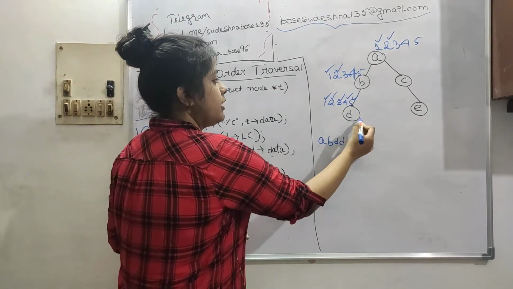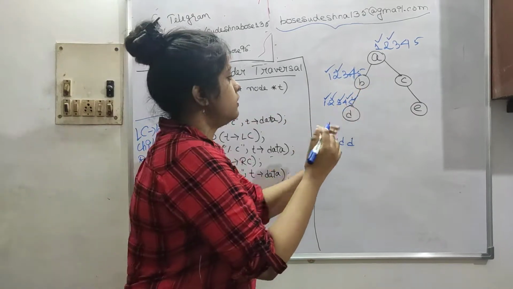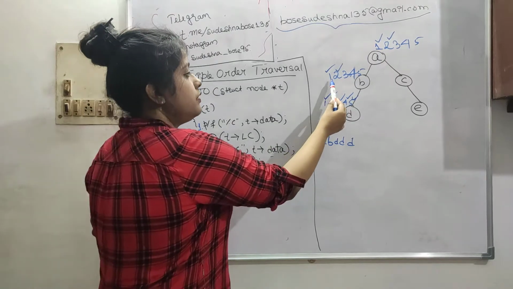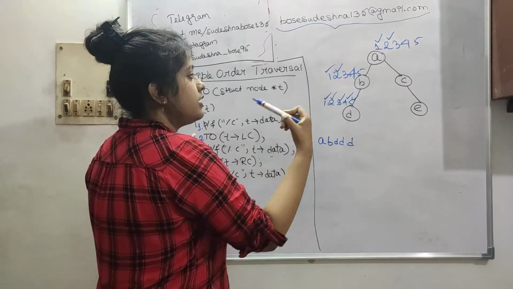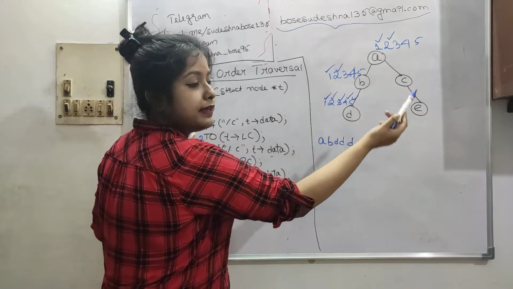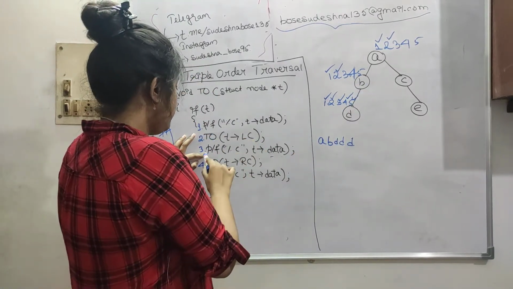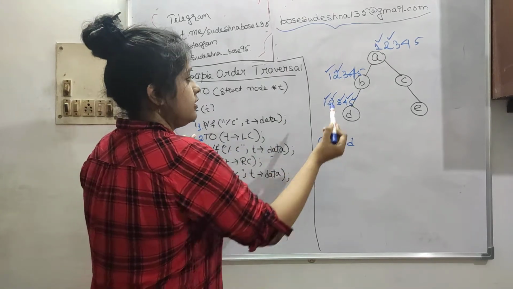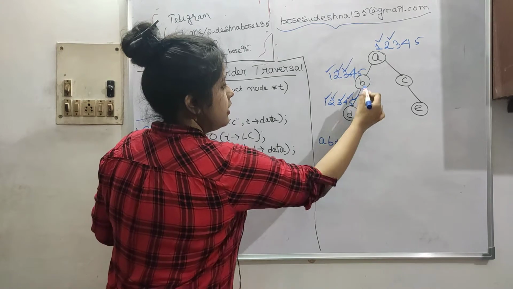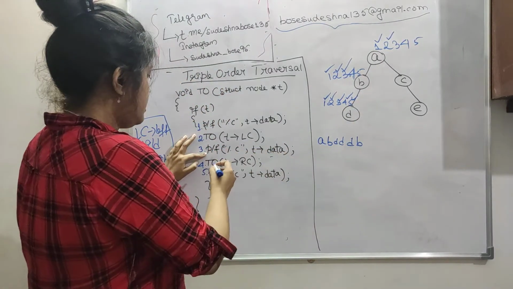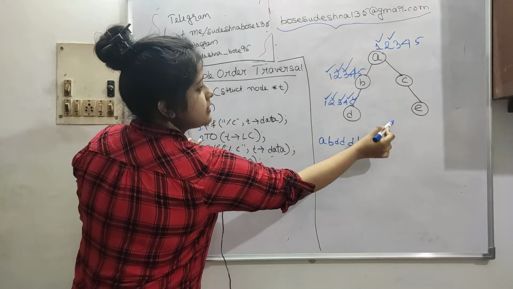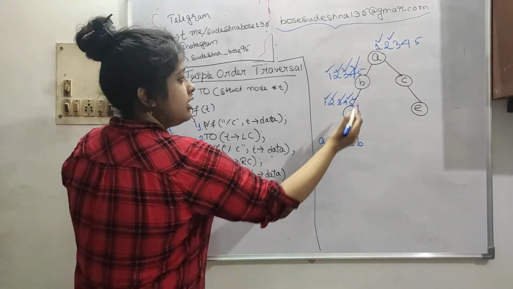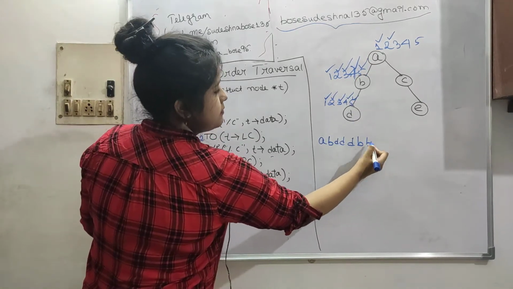Okay, so we go back to the function from which it was called. Number 3, you can see here, because we are numbering our lines, we can keep track easily of where we will begin our next statements. So number 3, we have done till 2, now number 3 is printf T arrow data. So put a tick here and write B. Now again T arrow right child, it has nothing, just put a tick here and do number 5, the fifth statement, printf T arrow data. So B is printed.